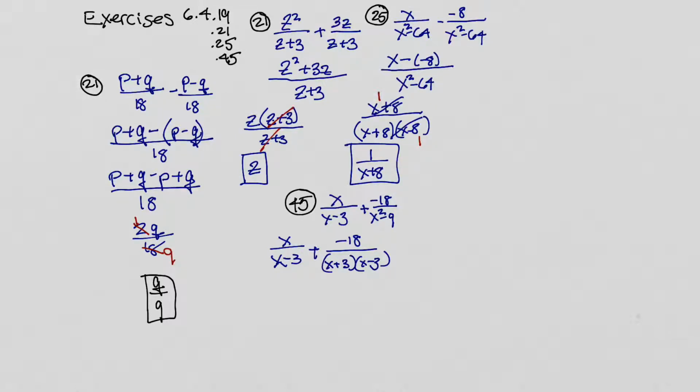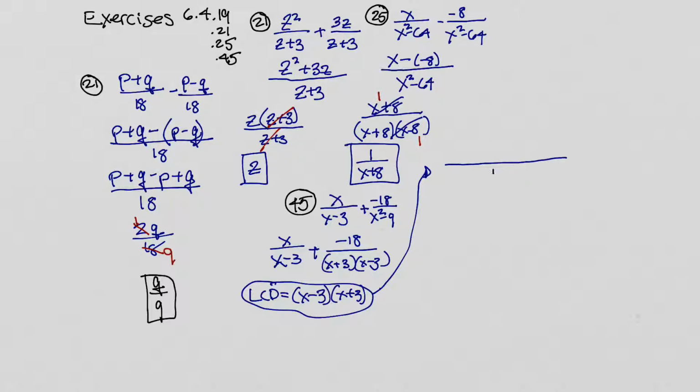Now we can get our LCD. We've got this factor here, x minus 3, and this one here, x plus 3. So let's write our LCD. The LCD is x minus 3, x plus 3. I'm going to circle it, so I've got it here. Now, here's how I like to do things. Let's do it up here so we get some room. I'm going to write a big fraction bar, and I'm just going to write LCD in the denominator because I know eventually